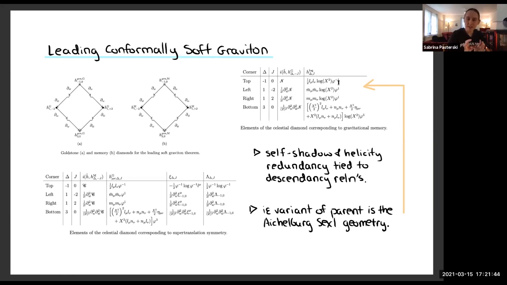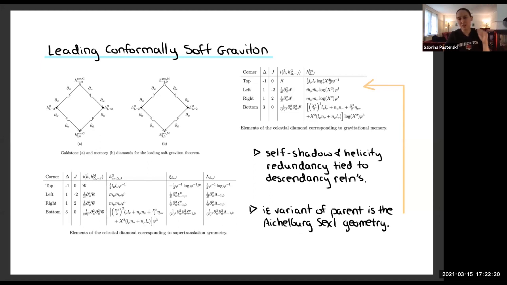But what is interesting is that, depending on the i epsilon prescription I pick for that parent, I will land on either the conformally soft modes used in Donnay and Strominger and in Puhm, or I will land on one half of it or the other. So for instance, in the recent paper with Nima, Andy, Monica and Anna, they land on a particular half of the mode proposed with Laura and Andrea. And then Andrea and I picked out the other half because that other half is the one whose parent